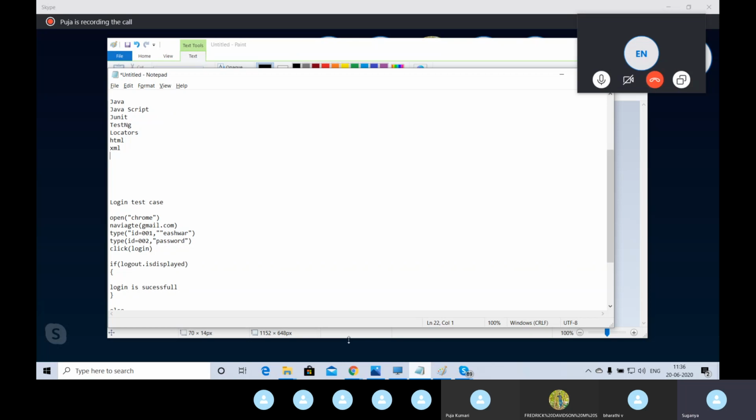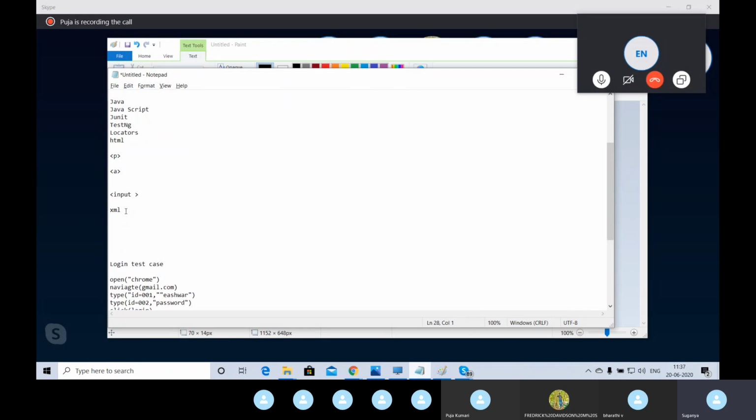The difference is that in HTML we can only use predefined tags. For example, to design a paragraph I use the tag P, for a link I use the tag A, and for a text box I use the tag input. So all these tags are predefined.